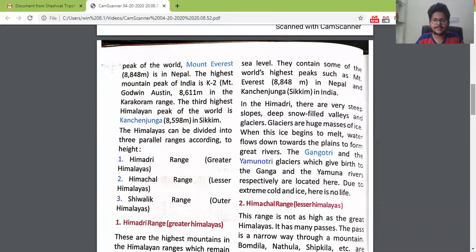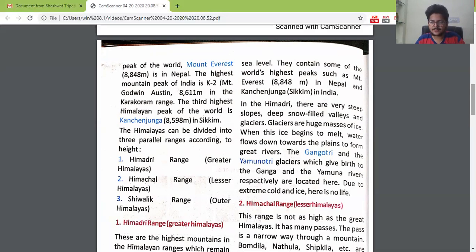They contain some of the world's highest peaks, such as Mount Everest in Nepal, and Kanchenjunga in Sikkim. Next, in the Himadri, there are very steep slopes, deep snow-filled valleys, and glaciers. So in Himadri, what are there?